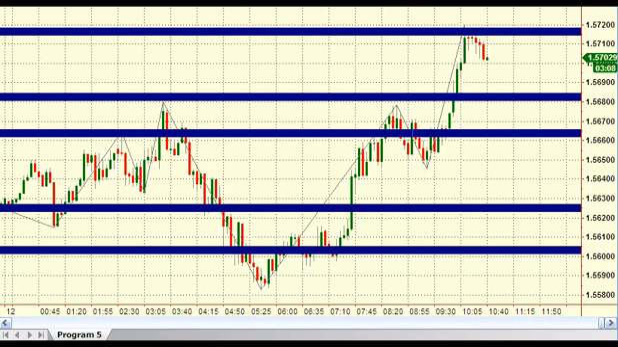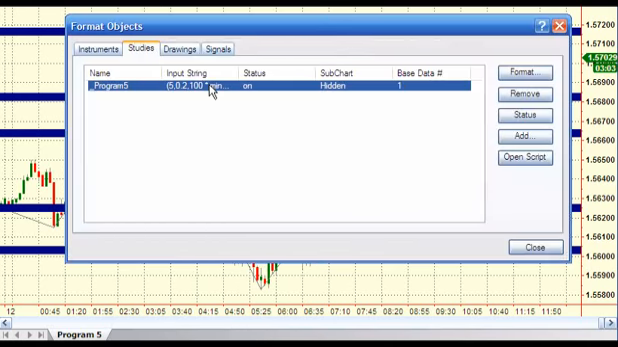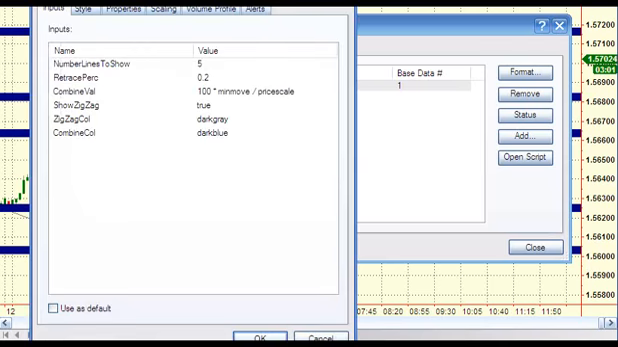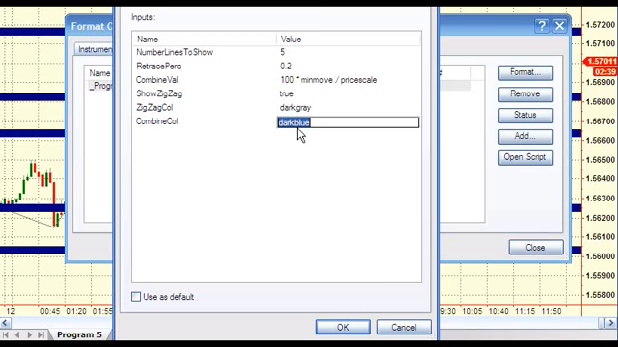So let me just show you the inputs. We're just going to go Format, Study, and double click on here. Firstly, the bottom three, show zigzag, zigzag color, and combined color, are just really cosmetic, so you can turn off the zigzag if you don't want to see it. Zigzag color determines the color of the zigzag, and combined color determines the color of the lines, which in our case you can see we've made dark blue. Could change them to, for example, light gray,